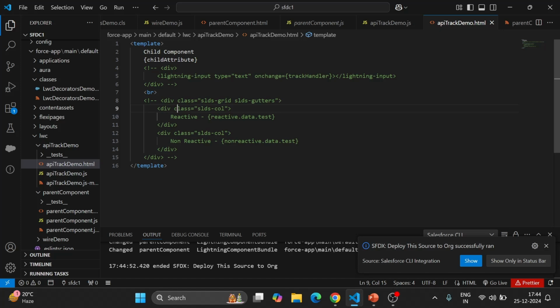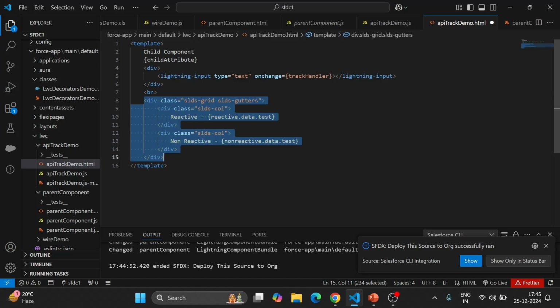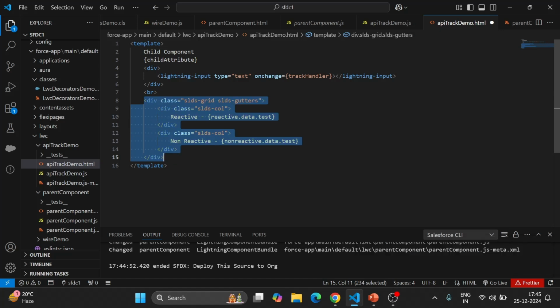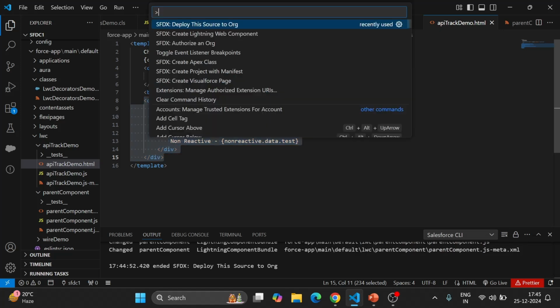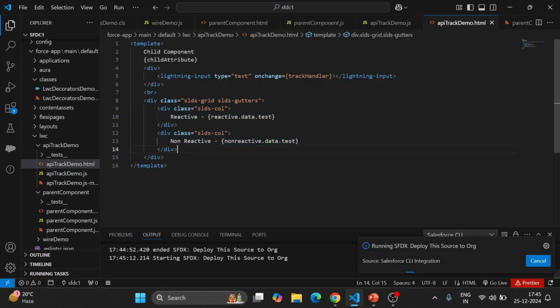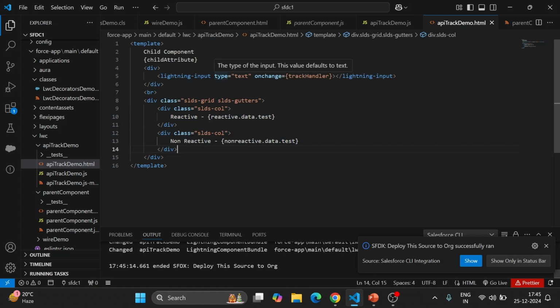Here, first I have an input tag. I'll just uncomment it. And I have a SLDS grid. So I'll save it and deploy it. What we have here is I'll change the value inside this input element and we'll see the difference between the reactive and non-reactive